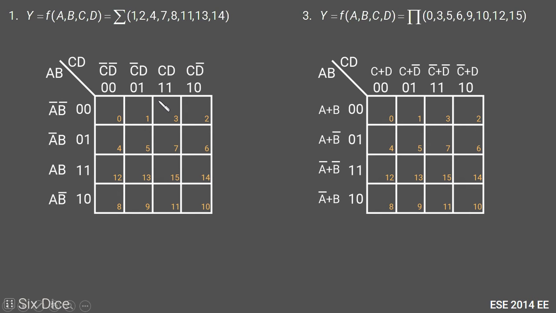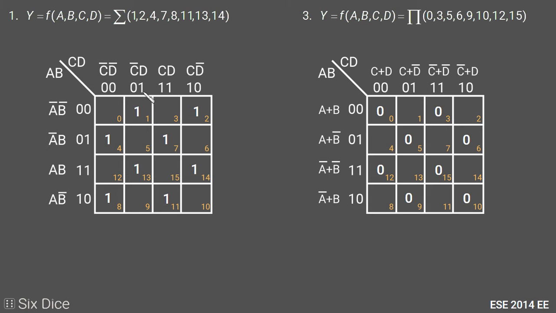Now if we write down all the ones for minterms and all the zeros for maxterms, we will end up with something like this in the K-map. For minterms we use a bar whenever the variable is 0, and for maxterms we use a bar whenever the variable is 1. Here we cannot make any pair, quad, octet or any other bigger combination of 1s or 0s.